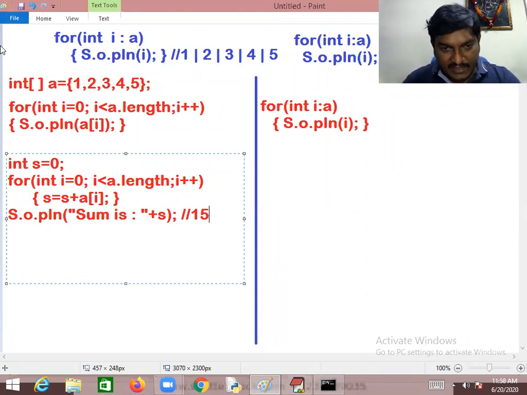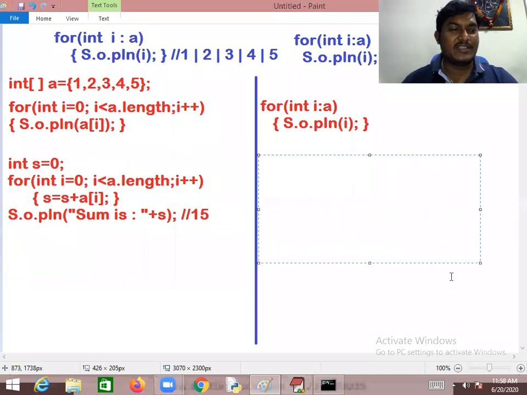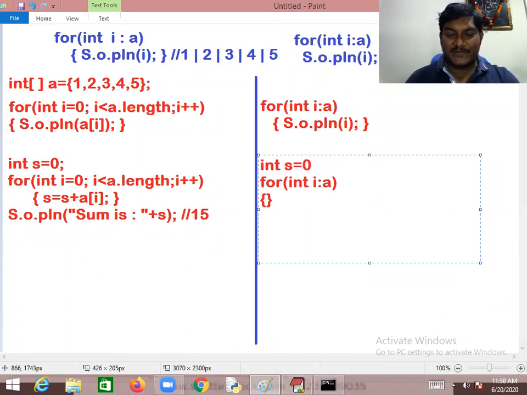Well, the same thing, can I do it with the enhanced for loop? Yes, my dear friend, definitely you can do this. This is the way. What is your plan? Sir, I want to read the new values one by one from the A collection. Then whose value is changing, sir? I value is changing. Then what do you have to write, my dear friend? If you write like this, you will be getting S equal to S plus I.